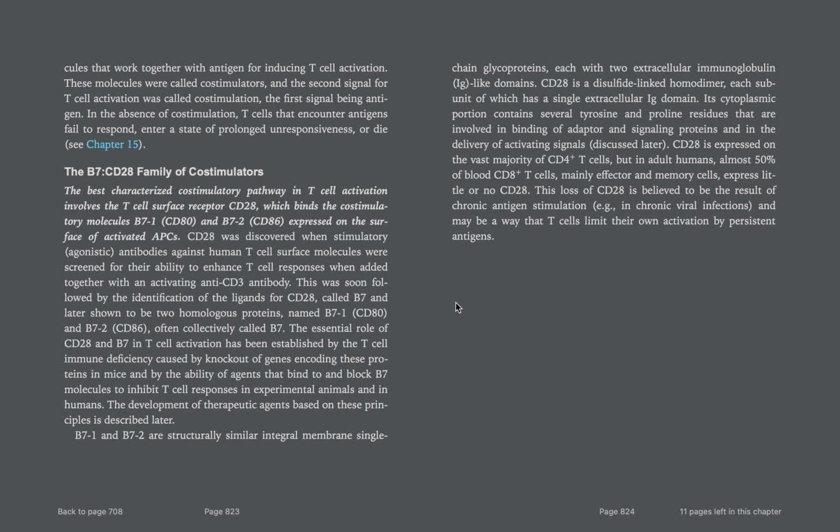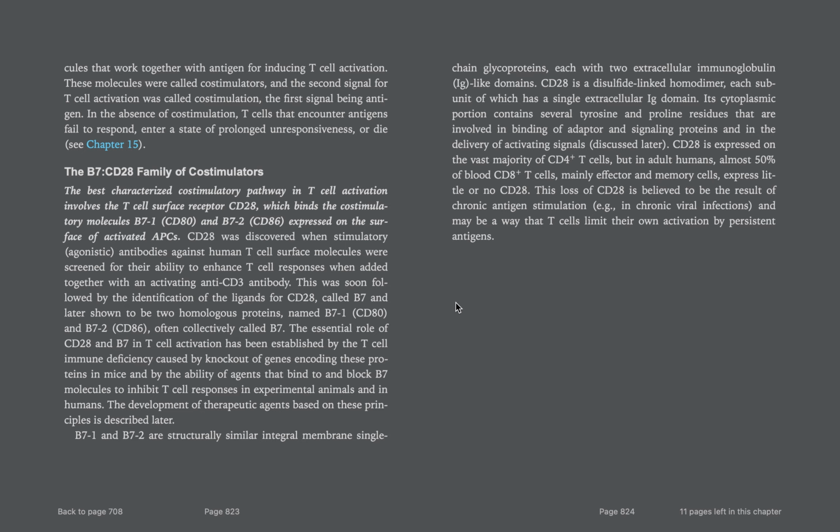The best characterized co-stimulatory pathway in T cell activation involves the T cell surface receptor CD28, which binds to co-stimulatory molecules B7-1 (CD80) and B7-2 (CD86) expressed on the surface of activated antigen presenting cells. CD28 was discovered when stimulatory agonistic antibodies against human T cell surface molecules were screened for their ability to enhance T cell responses when added together with the